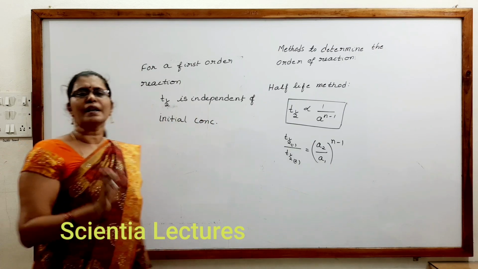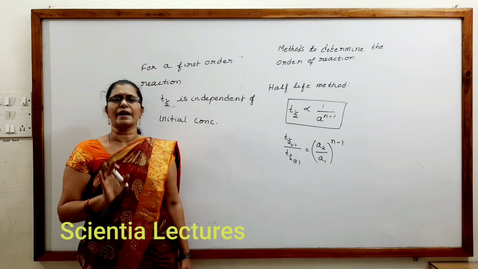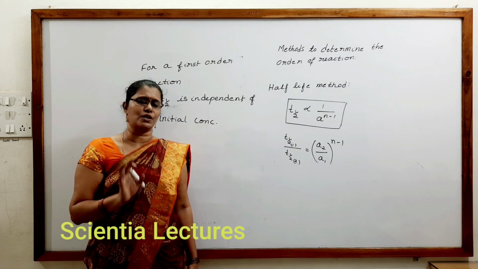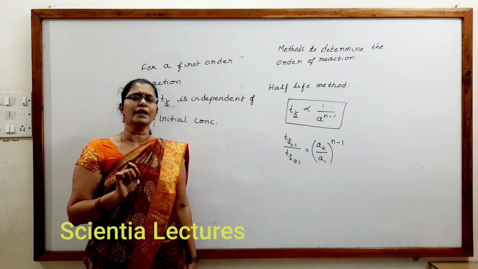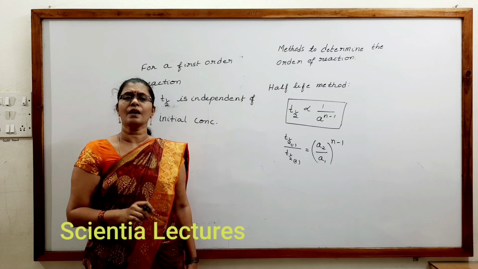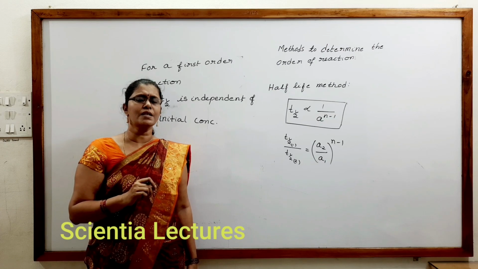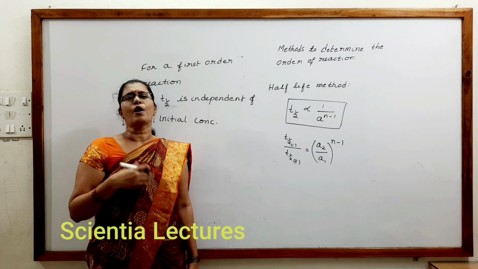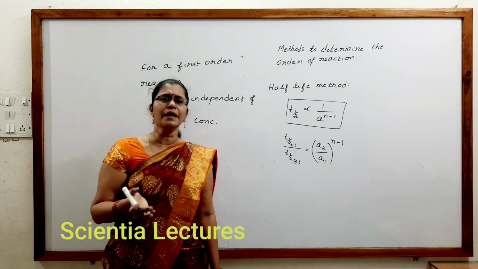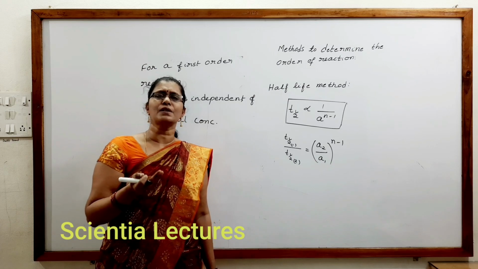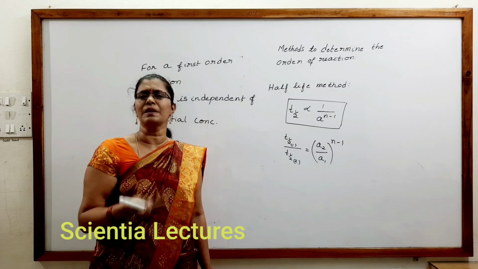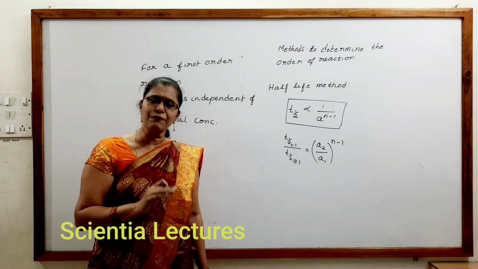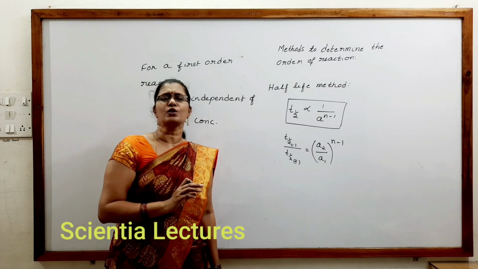Right? Now the question has been said that for some reaction, A gives rise to products, that is a first order reaction. T 40% is 30 minutes. If the initial concentration is doubled, then how much time will it take for the 40% of the reaction to be completed or 60% of the reaction to be left? Both mean the same. 40% completed means it is T 40%. 60% left is also T 40%. Then what should be the answer?